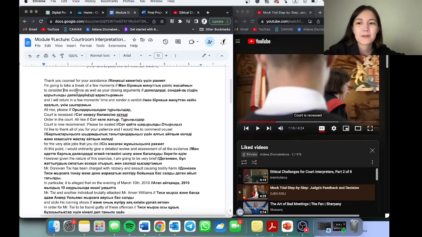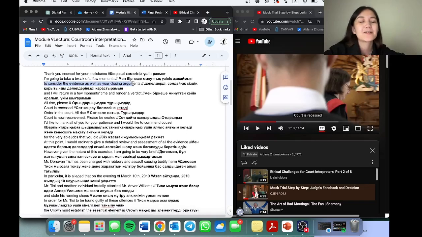This is pretty straightforward, and then it starts why she's going to take a break. So remember, as I told you, predicting can be employed in interpretation. Legal procedures are a good example of how we can employ predicting, since legal procedures have a specific